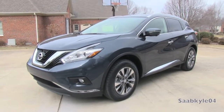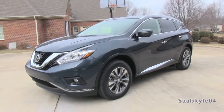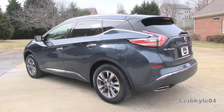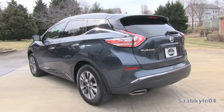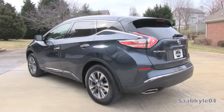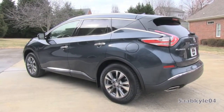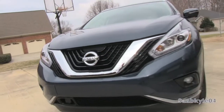For today's video, let's take an up close and personal, in-depth look at the all-new 2015 Nissan Murano. This is going to be a detailed, in-depth review. We'll start it up, show the engine, get an exhaust clip, go over the performance data, take it on a thorough road test, and show you many of the unique aspects of both the interior as well as exterior. And so, without further ado,